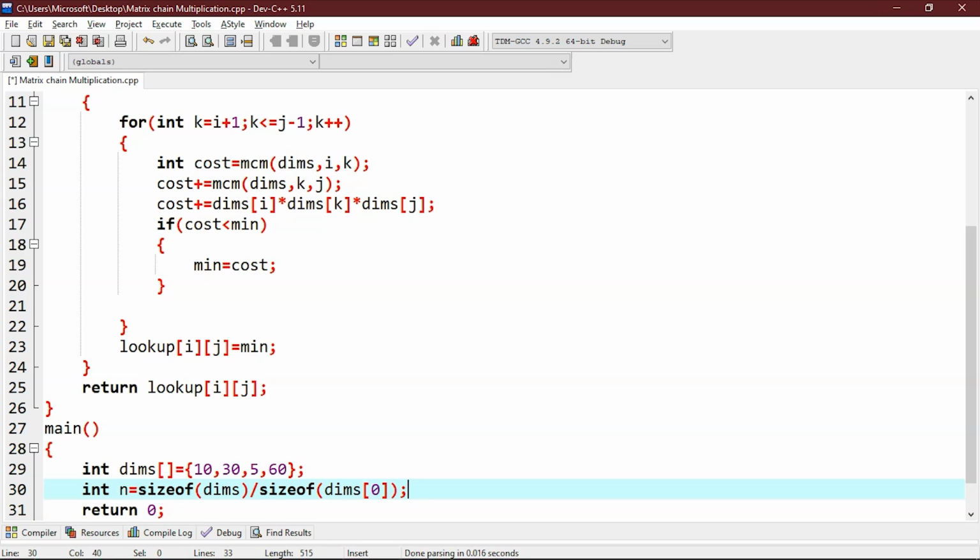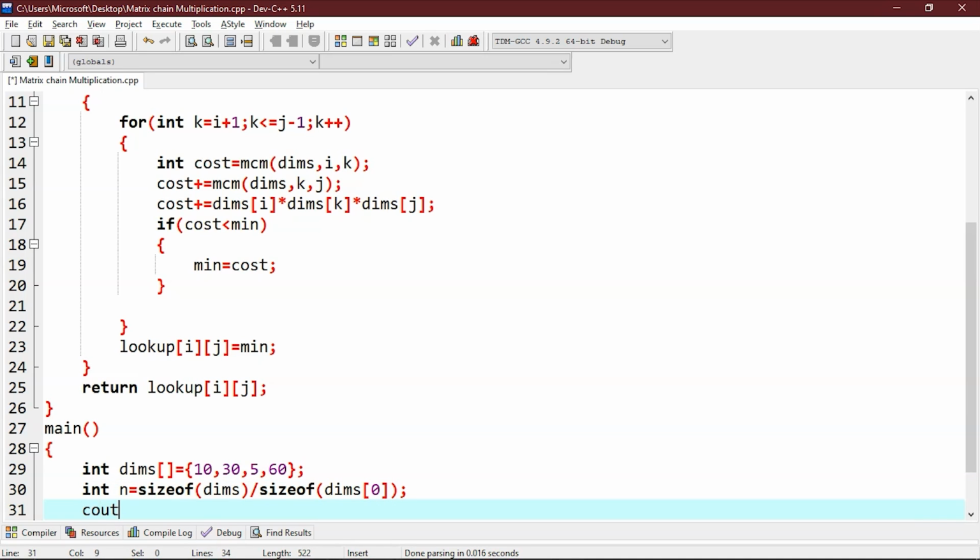Now cout the minimum cost is MCM at dims, 0, n minus 1.